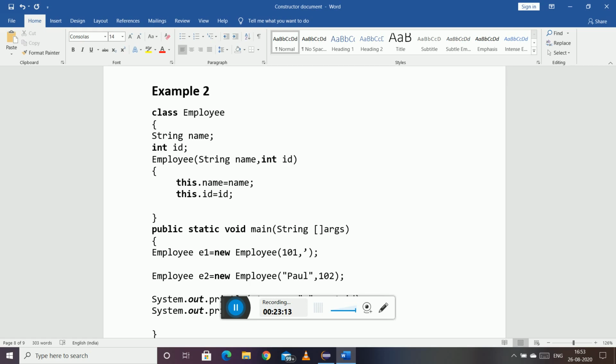Okay, you cannot give the values like that. If you write 101 here and Nikki here, it will give an error.